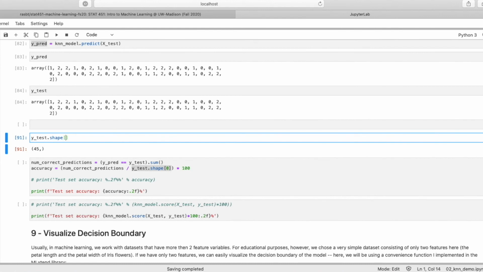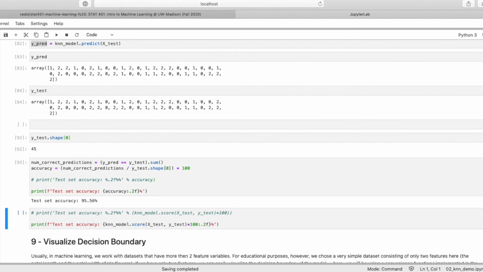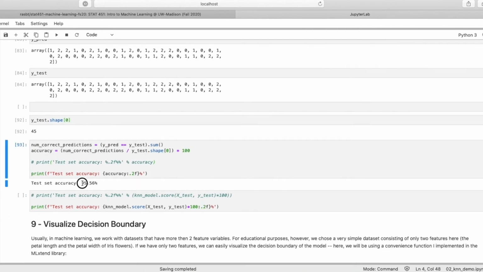I use the 0 to get rid of the comma here. And this gives me the proportion of data points that are correct. And then I multiply it by 100 to get the accuracy in percent. So I'm doing that here. And I see, okay, I have a 95.56% accuracy.